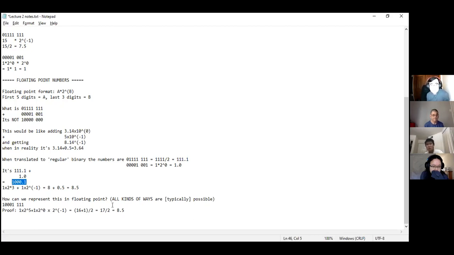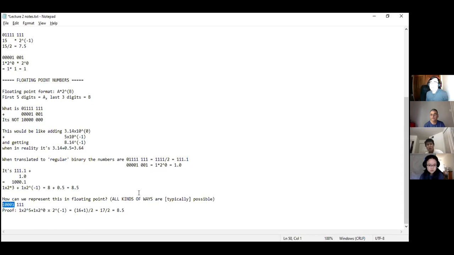Normally with floating points, there's all kinds of ways to write a number, because this right here, the exponent, can shift it to the left or right, however many digits are available. This particular number, though, I fail to see how I could represent it in a different way in floating point format, just because you can't shift that left or right. It's got no room. Does that make sense? Does that look accurate to you?